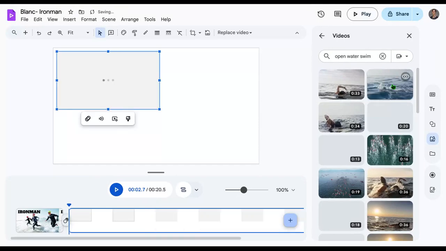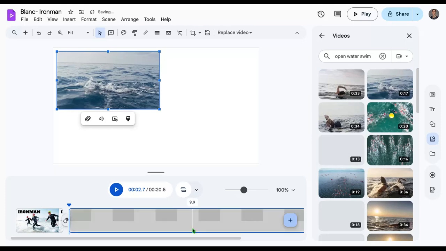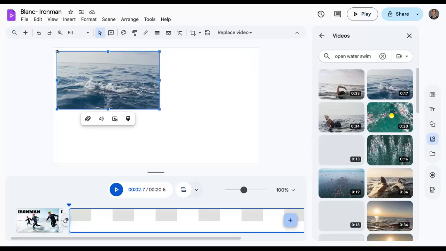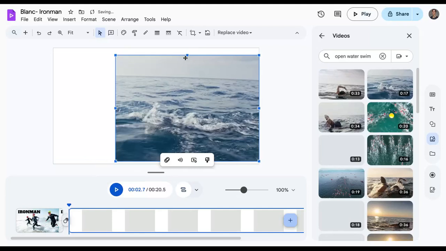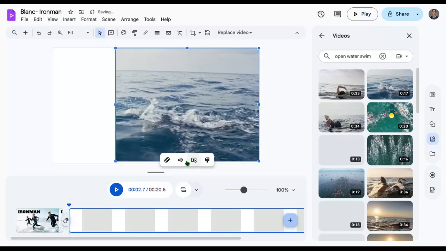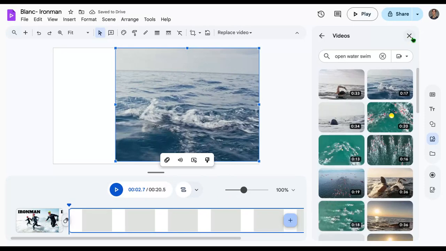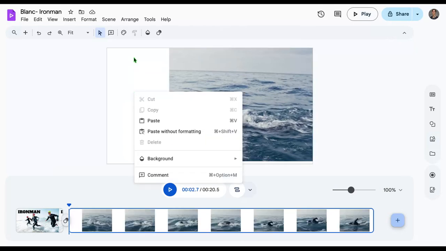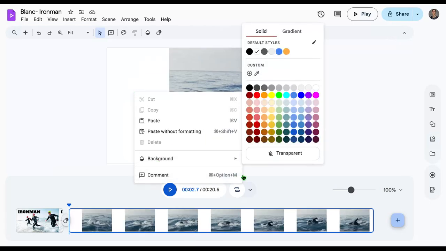So I'm going to try that again. There it goes. So again, you're going to want to stretch the video. I'm going to talk about the swim a little bit on here. So there's a couple things I'm going to do. I'm going to add a background color. So I just did a right click on that empty space, and I'm going to click on a color,